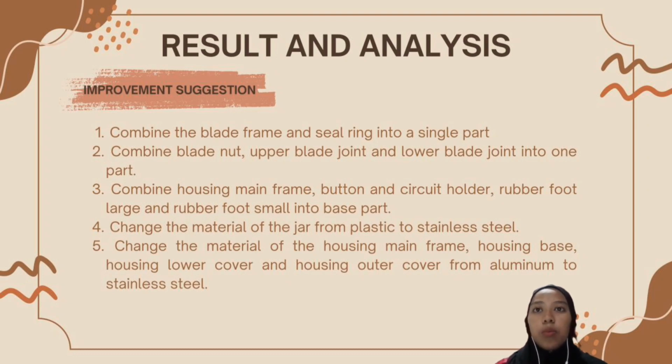The first one, we combine the blade frame and the seal ring into a single part. The second is combine blade nut, upper blade joint and lower blade joint into one part. The third is combine housing mainframe, button and circuit holder, rubber foot large and rubber foot small into the base part. The fourth one is change the material of the jar from plastic to stainless steel. And the last improvement is change the material of the housing mainframe, housing base, housing lower cover and housing outer cover from aluminium to